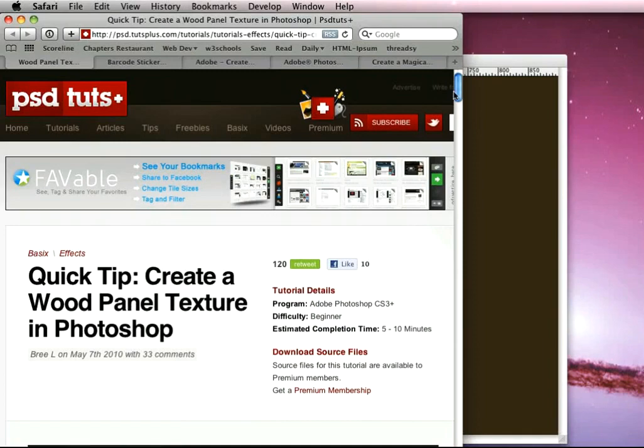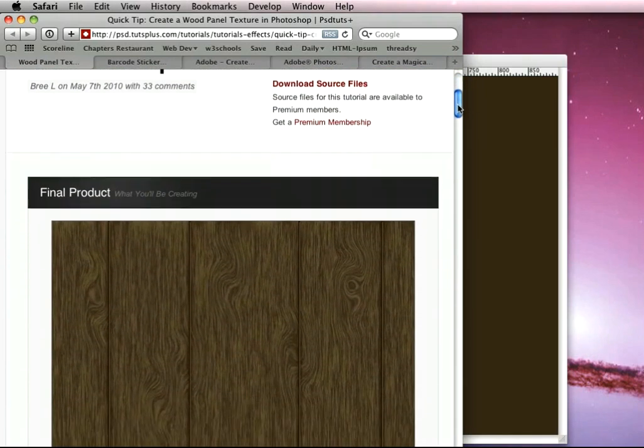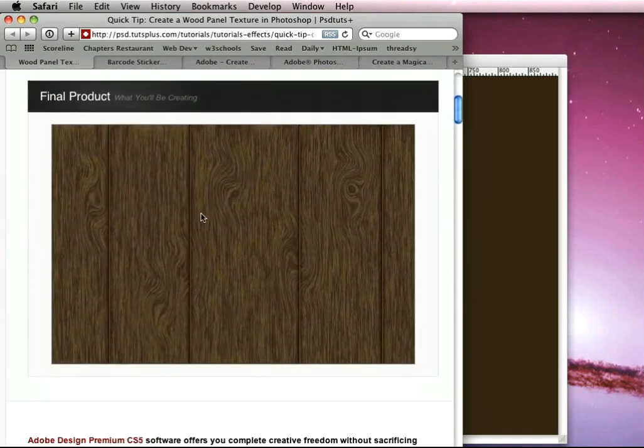I'm Gavin Steele, and in today's tutorial I'm going to take you through a quick tip on creating your own textures. We're going to be creating a wooden panel. The original tutorial by Bree is over at psd.tutsplus.com, and here you can see the final effect. Brilliant for website backgrounds, illustration backgrounds, lots of navigational tools and pictures, and there are really lots and lots of uses